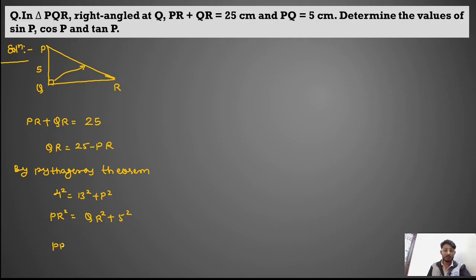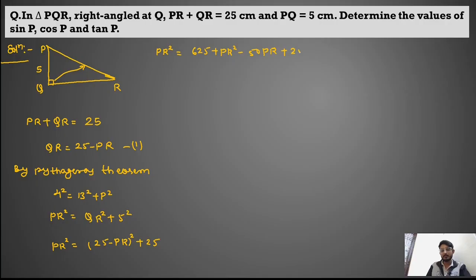PR square equals, you can write QR as 25 minus PR from equation number one, so (25 minus PR) square plus square of 5, which is 25. So for PR you will get PR square equals, and you can solve this by the identity (A minus B) square equals A square plus B square minus 2AB. A square means 25 square, and the square of 25 is 625. B square means PR square, and minus 2AB means 2 into 25, which is 50, and PR, so 50 PR